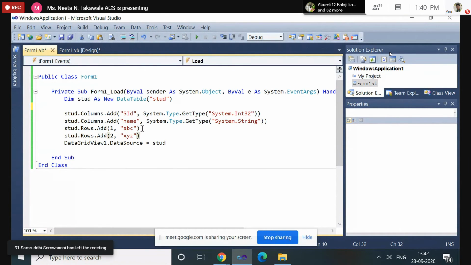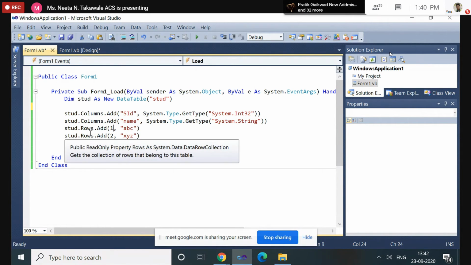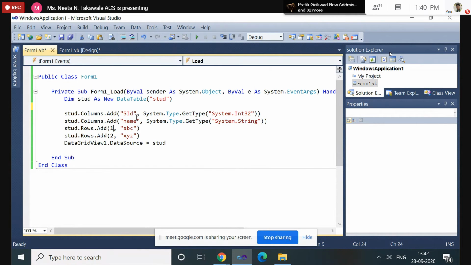Here we know that the roll number is in sequence, in the form 1 2 3 4. So why do we need to write 10 statements? Instead, just write a loop, and you can add the 10 rows for the student ID. I will show you how.